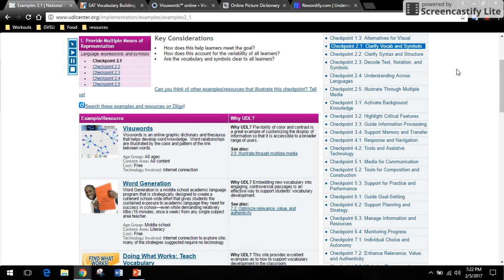UDL is a set of principles that you should use when creating curriculum. It helps ensure that all students are given equal opportunities to learn. It helps make lessons accessible to all students and meet the needs of those students. So I will go through a few different resources for clarifying vocabulary and symbols, clarifying syntax and structure, and decoding